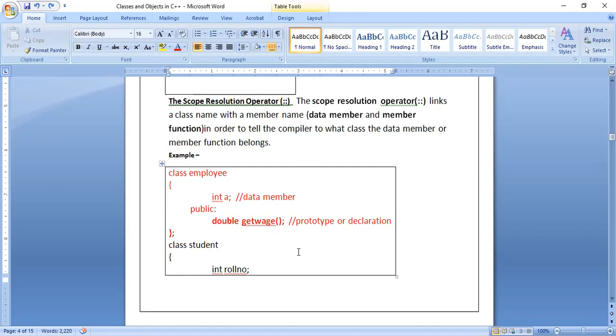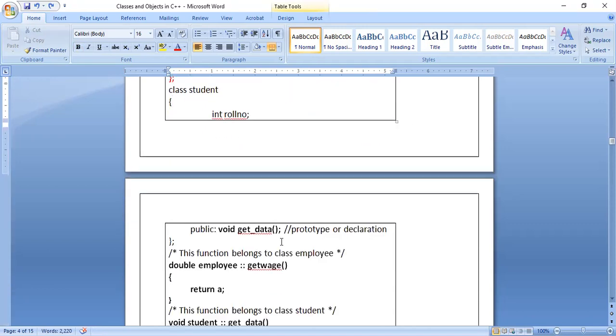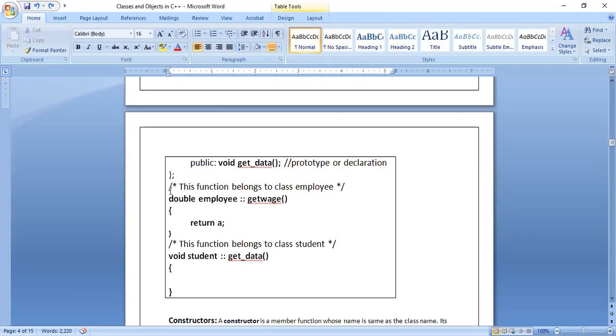Next, if you want to write the function definition, either you can write it inside the class only, as I just showed you, or you can write it outside the class. Outside the class means, you just look at this code, how I have written it outside the class. When you want to write outside the class, you should follow this syntax. Syntax means rule. It is applied for any function or for any class.